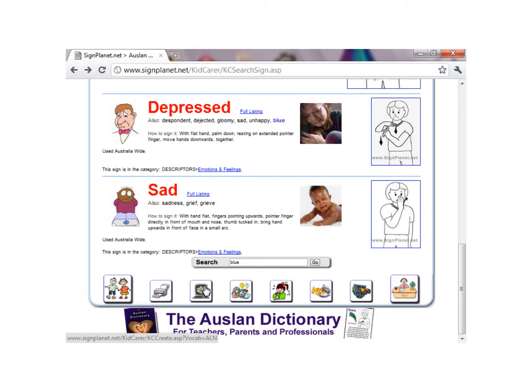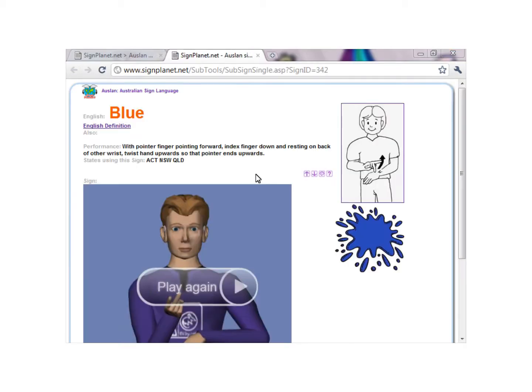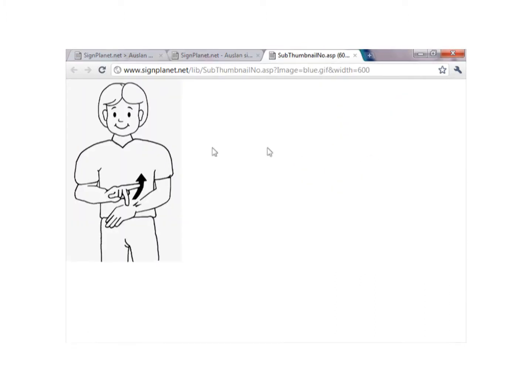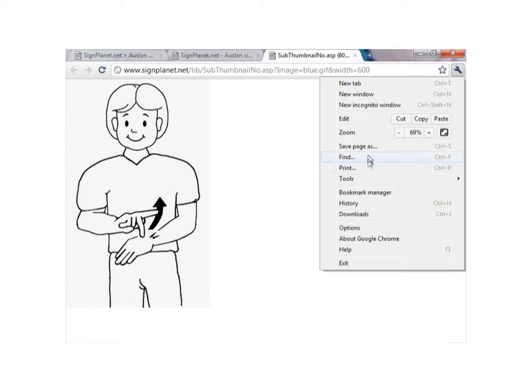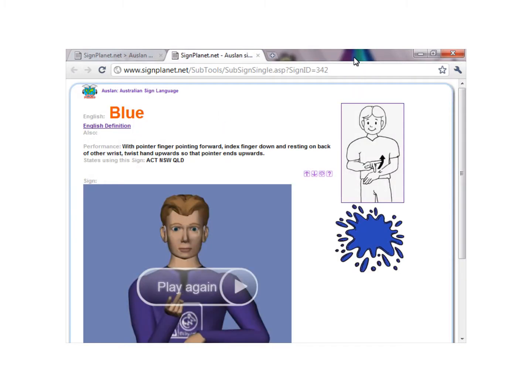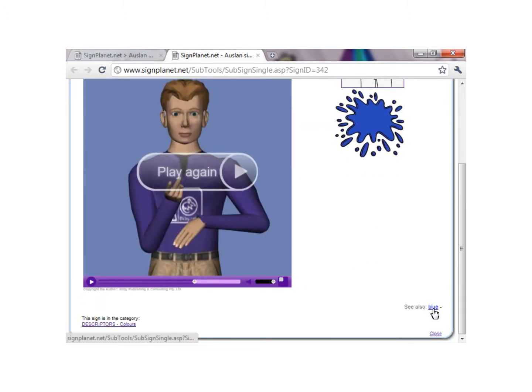If you're a subscriber and logged in, we can click on the full listing link where we get a larger listing along with the link to the English definition for the word. If you want to print the sign, you can click on the outline image of the sign and select print. Or we can do it from the previous screen. On a Mac you'll need to click Control and then click on the image. In the bottom right hand corner you'll see a link to the other sign for blue,